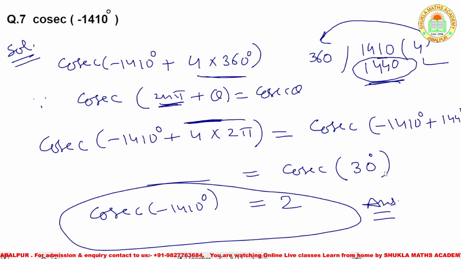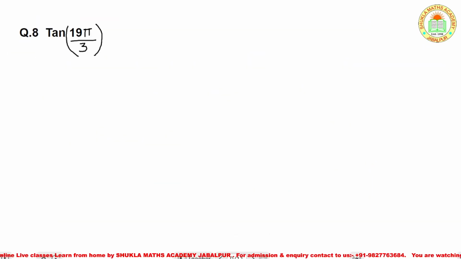Okay. So dear student, you remember that when the angle is coming negative, we will add the next multiple value of 2 pi to the given angle. Question number 8: we have to find the value of tan 19 pi by 3. We know that